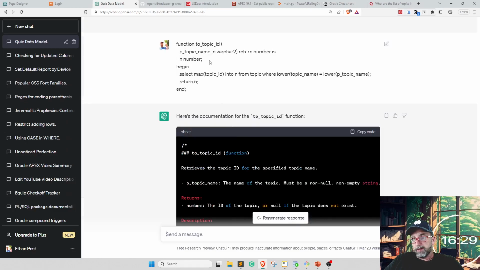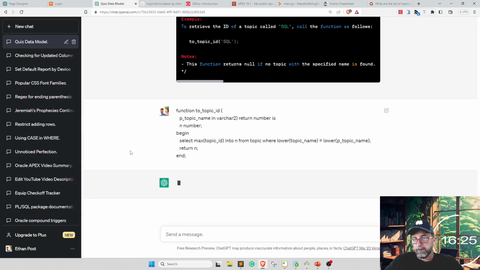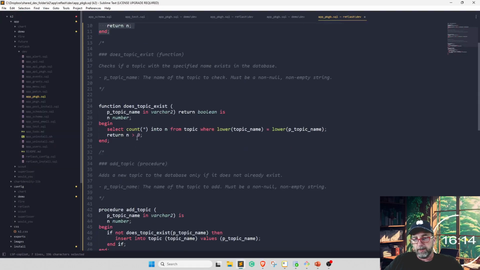So let's see. I'm going to give it this, and if it still works, it's going to give me back some documentation. It's not perfect, but it can run faster than this. So we'll come back to that. So it's working on documentation.